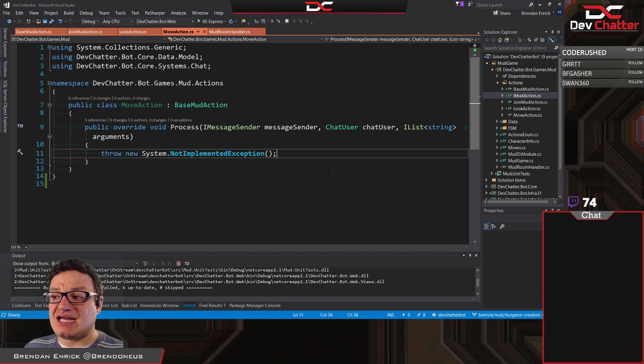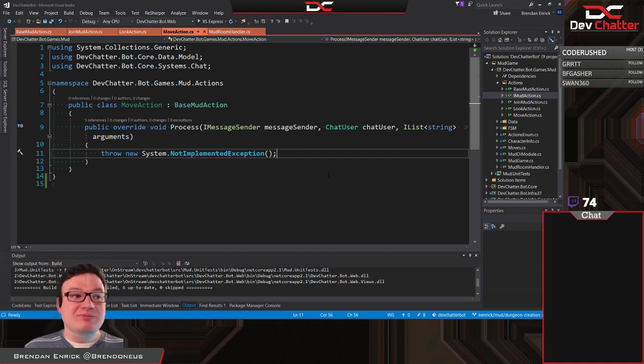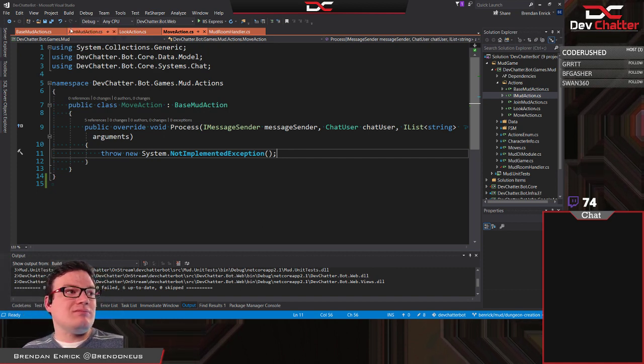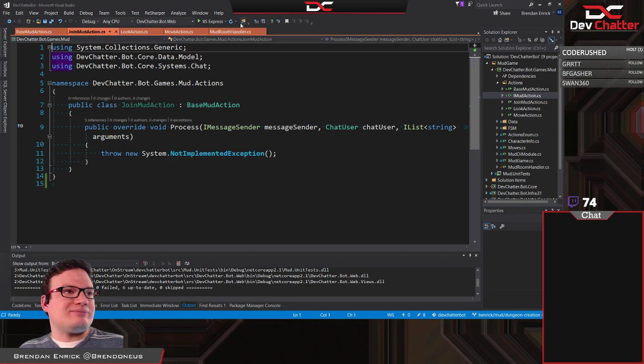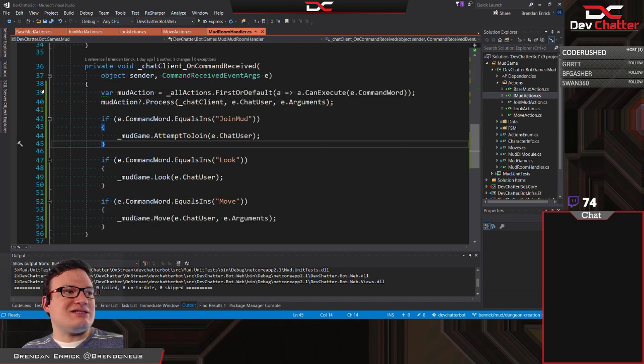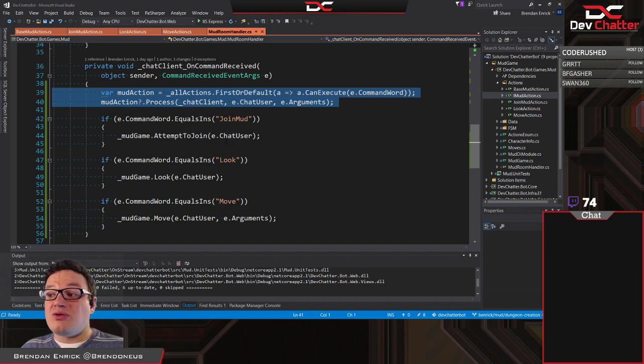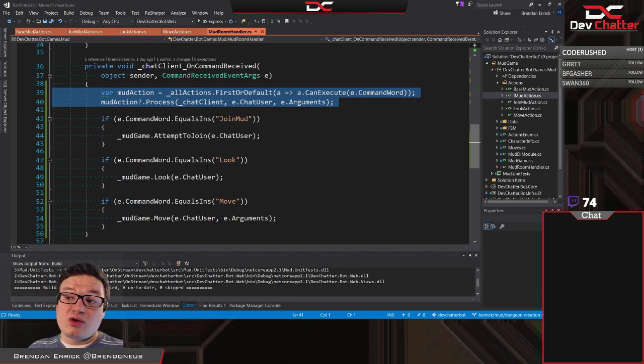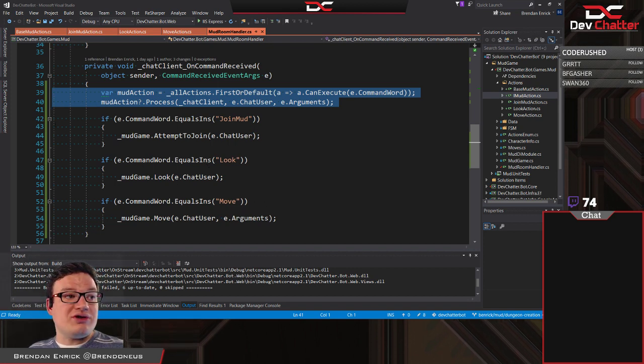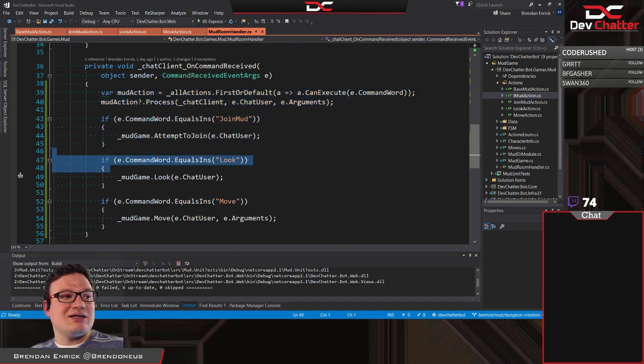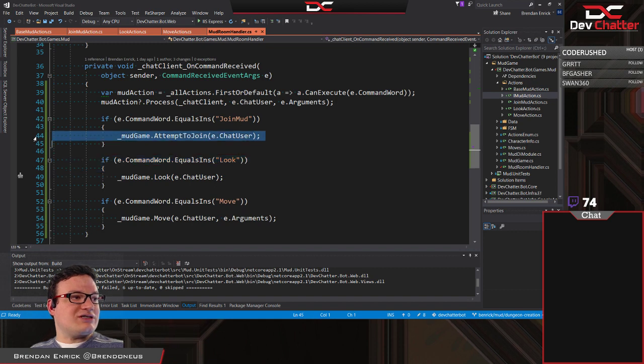So I hope you can all see how making this little structure, what we were able to do is add this to this method, and now we can one time do a little refactoring. And this is a refactoring because this is going to work the same way it did before. So you're going to call these methods, and they're going to do the exact same thing. So JoinMud, for example.